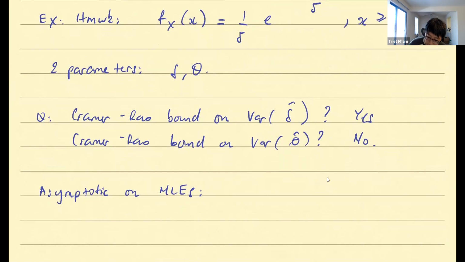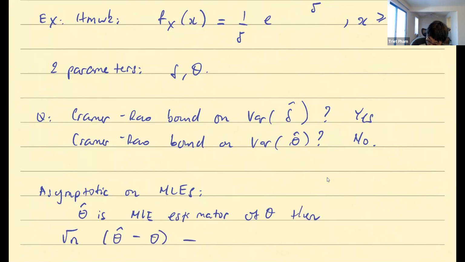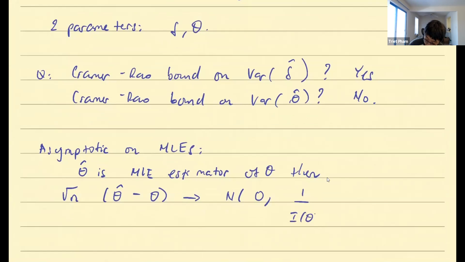the following basically tells you that the MLE is almost optimal in this way: if theta hat is an MLE estimator of theta, then square root of n times (theta hat minus theta) converges to a normal distribution with mean 0 and variance 1 over the Fisher information. Let me state right away